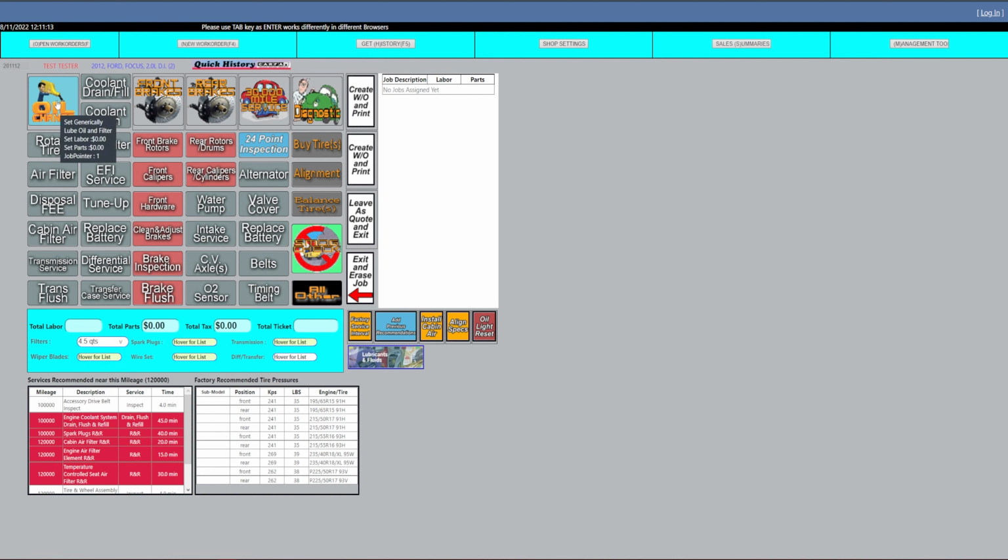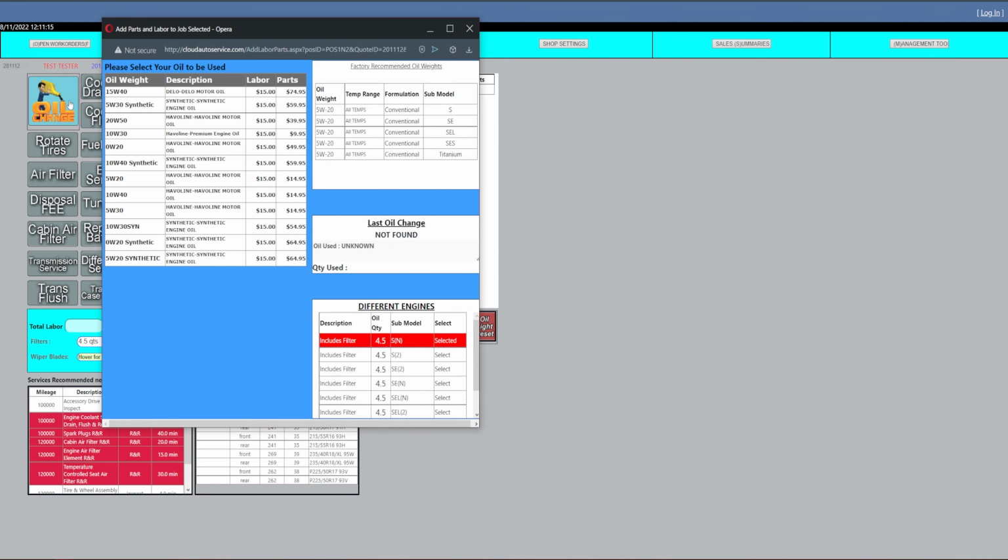So we just navigate to the oil change section, click on it, and it'll bring up a pop-up window that will show us all the available oils that this shop carries. On the top right, we have our factory recommended oil weights for each submodel of this vehicle. In the center, if this is an existing customer, you will see the last oil change that was done on this vehicle, as well as how much oil was used on the vehicle. And then on the bottom right, you will see the different oil quantities that are used for the different engine